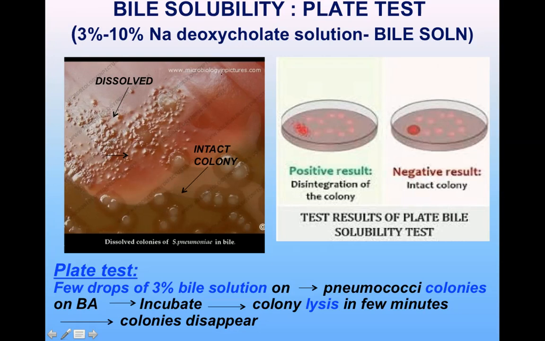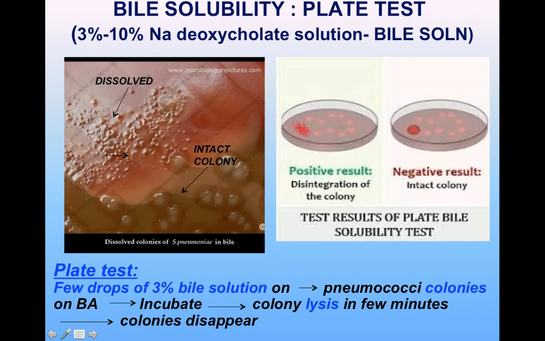Now, for the plate test, you just take a plate. You can see this is a chocolate agar or blood agar plate, which has these colonies of Strep pneumoniae, and you can see the hemolysis around it. So you put a few drops of 3% bile solution on pneumococcal colonies on blood or chocolate agar,